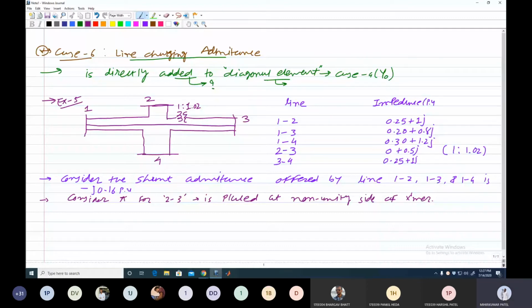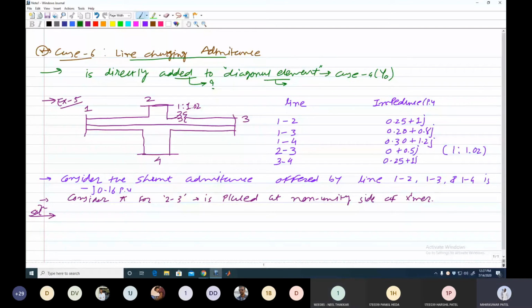So first of all, what do you have to do? For such kind of example, from where will you start this example? Anyone from your side? Type. From where will you start the example? Convert it into an equivalent circuit first. No. Remove the transformer and first calculate Y bus. Yes, very good.